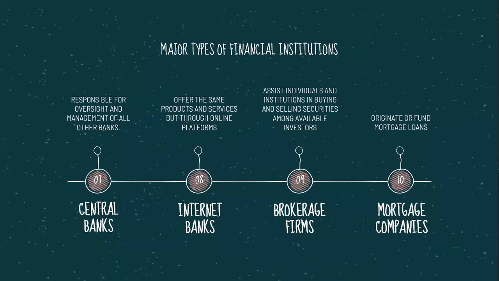Next is the internet banks, which are practically the same as the usual banks. However, they are done through online platforms. Next is brokerage firms, which are companies that assist individuals and institutions in buying and selling securities among available investors. Next would be mortgage companies, which are originators of mortgage and loans for commercial purposes. Examples of internet banks would be CIMB Bank, brokerage firms would be COL Financial, and mortgage companies